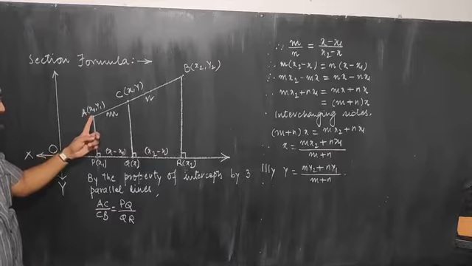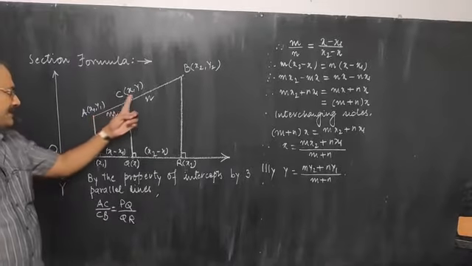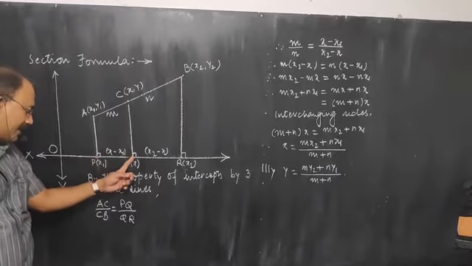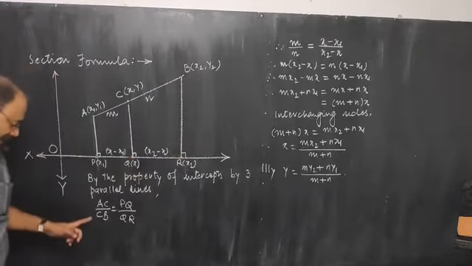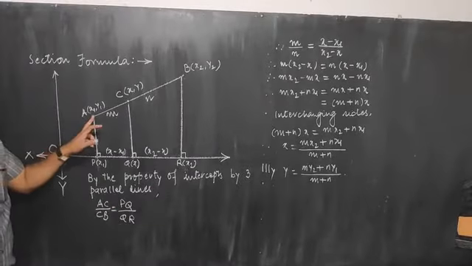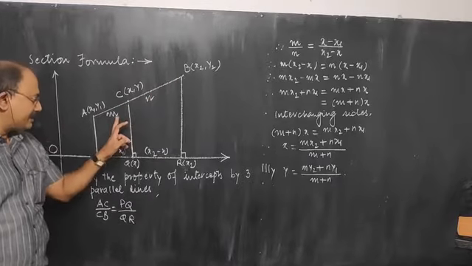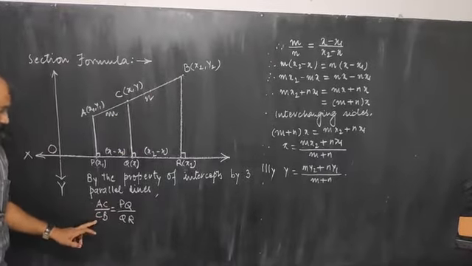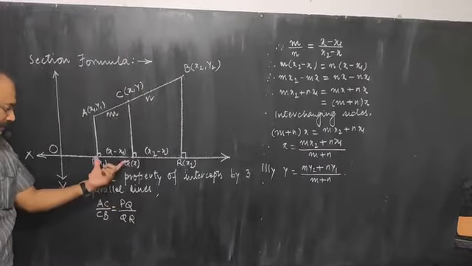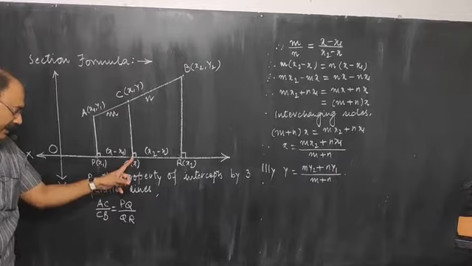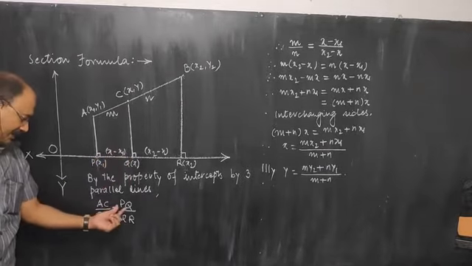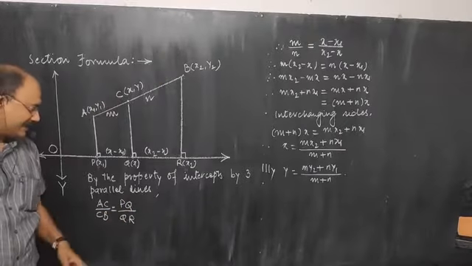Okay, and according to that property, the ratio of these 2 intercepts, AC upon CB, will be equal to PQ upon QR. So we have written AC upon CB is equal to PQ upon QR. But we are already given that AC upon CB, this ratio is m is to n. So in place of AC upon CB, we have written m is to n. What is the distance PQ? This distance, greater coordinate minus the smaller coordinate, that is x minus x1. So in place of PQ, we have written x minus x1.